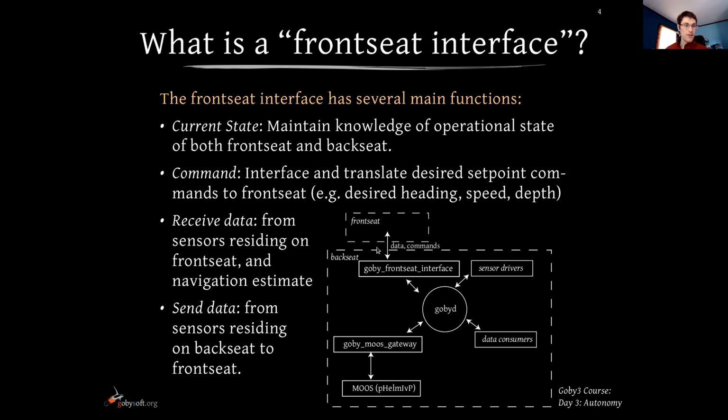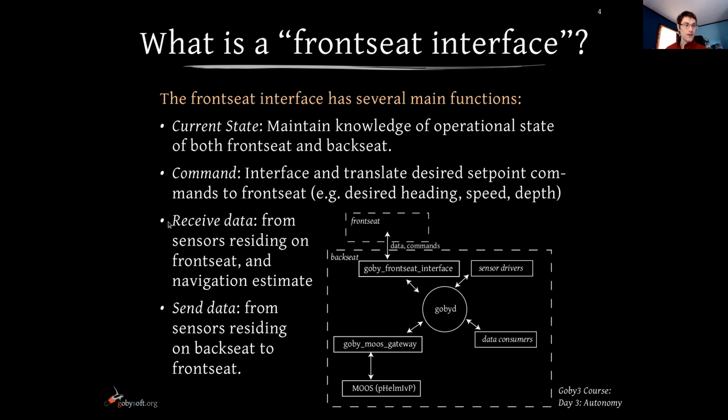And it's going to forward commands to the front seat. So desired set points, which are often heading, speed, and in the case of an underwater vehicle, depth. These set points are usually sent at about a hertz, slower than the control loop. And then it's up to the front seat control system to figure out how to actually execute those set points in some reasonable amount of time. Intentionally, that's not highly constrained, because that lets us work with a lot of different platforms.